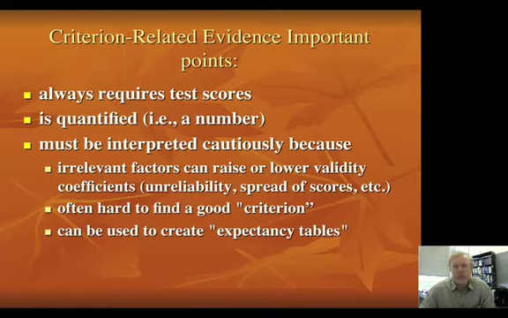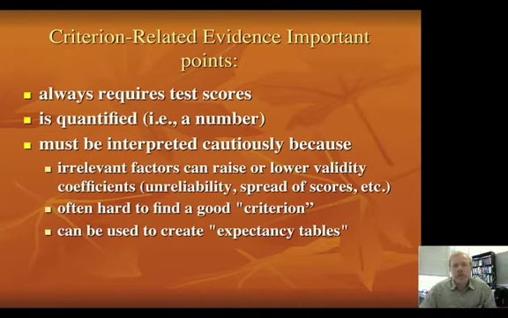But if we were to only take children who had earned a 560 and admit them into our GT program, we would potentially miss some students just through other kinds of irrelevant factors like unreliability or the spread of scores. We would find that we miss some students who are otherwise qualified. We'd also find that some students that got that 560 actually weren't all that qualified to be in our GT program.